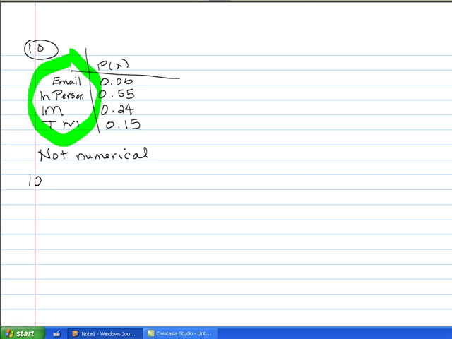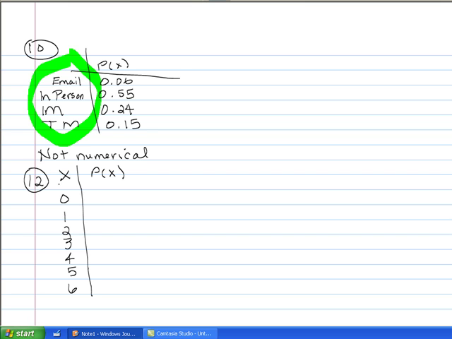Okay, and number 12, we have happiness. We have groups of people aged 15 to 65 are randomly selected and arranged in groups of 6. The random variable x is the number in the group who say that their family and or partner contribute most to their happiness. Okay, so this time we do have numbers, which is good. And the numbers range from 0 through 6. Okay, and our probabilities, we start with a 0, then we have